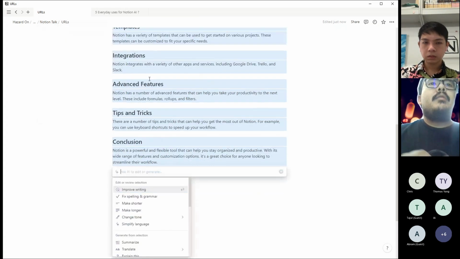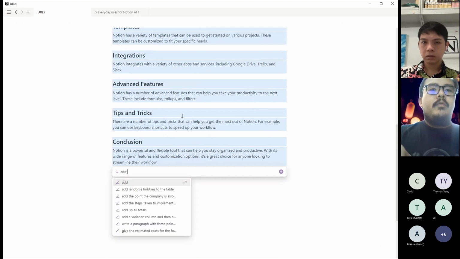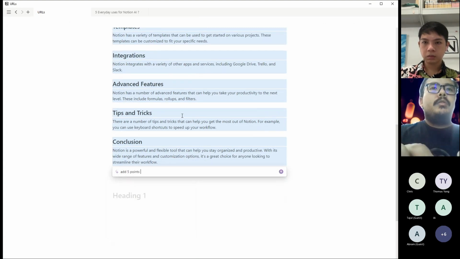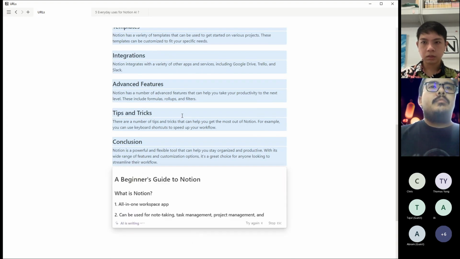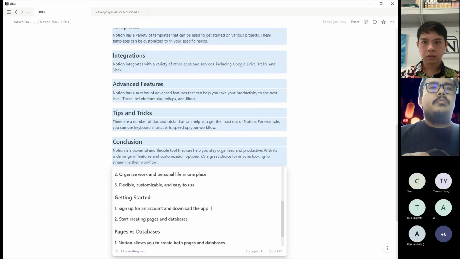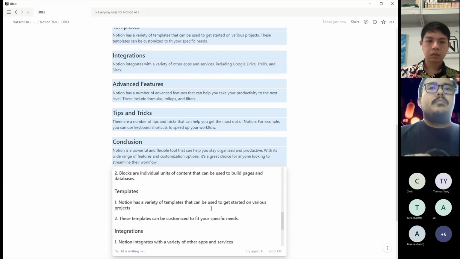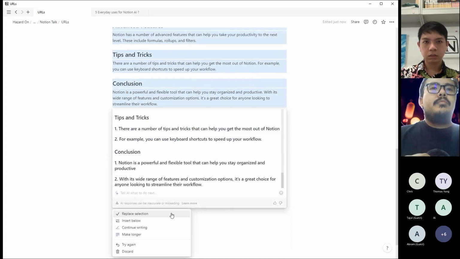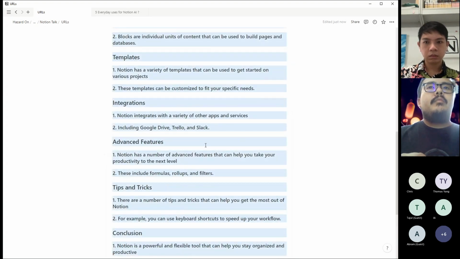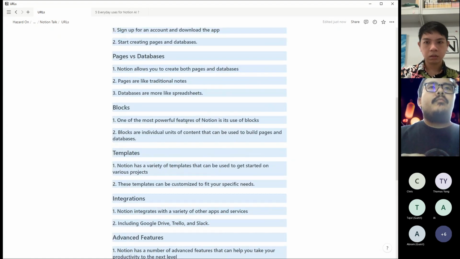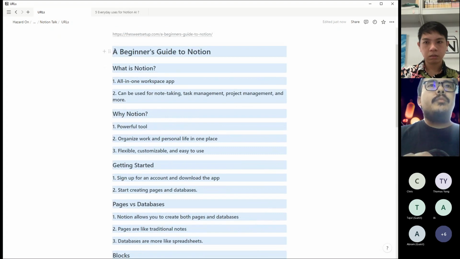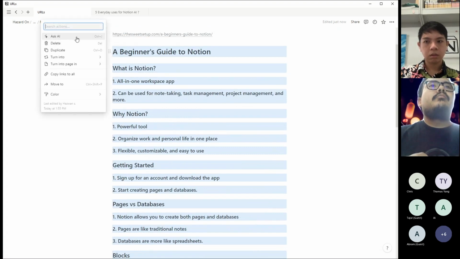So ask AI to add 5 points to each heading. Good. So you can add more.